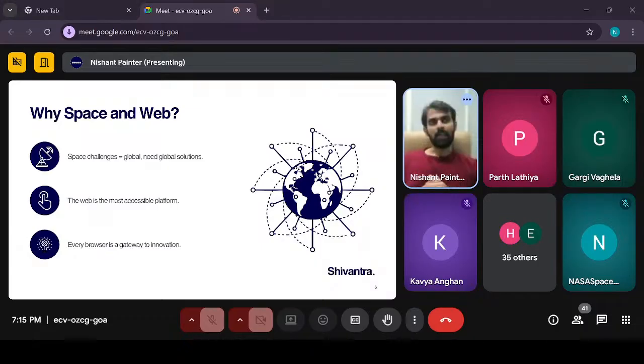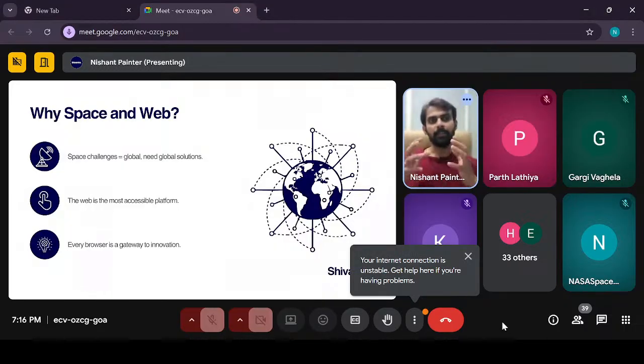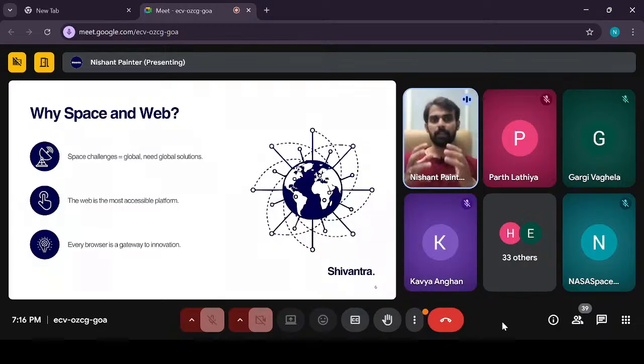So here with NASA Space App Challenges, there are different data and different problems. For example, there are climate change, then there are temperature problems, and many other things like deforestation. And there is an enormous amount of data being generated every second on behalf of these problems, and NASA is working on it. So we need to confine this data. We need to transform this data, and we need to present it to the world when we are solving some problem. And that can be easily achievable using the web.